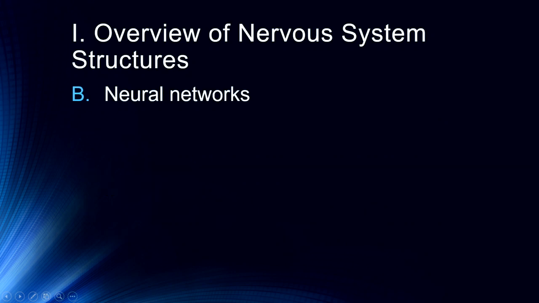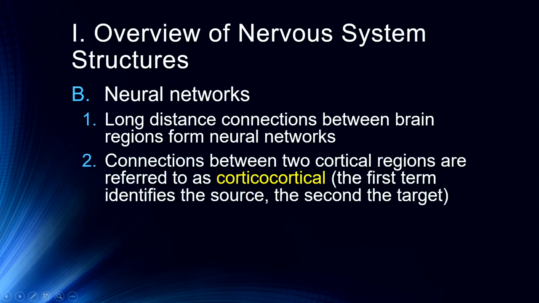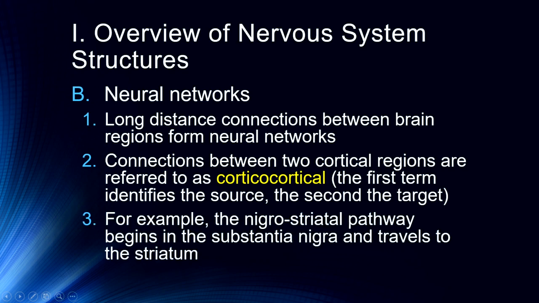These then move up to neural networks. These are long-distance connections between brain regions that form neural networks. So we talk about connections between two cortical regions, and we might refer to this as a cortico-cortical connection because it starts at a cortex and ends at a cortex. When we start talking about cortical circuits, we introduced some of these topics in the previous lecture on neurotransmitter systems, so things like the mesocortical pathway or the nigrostriatal pathway,